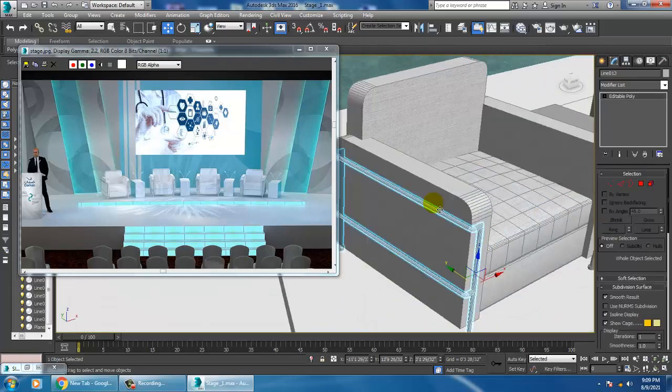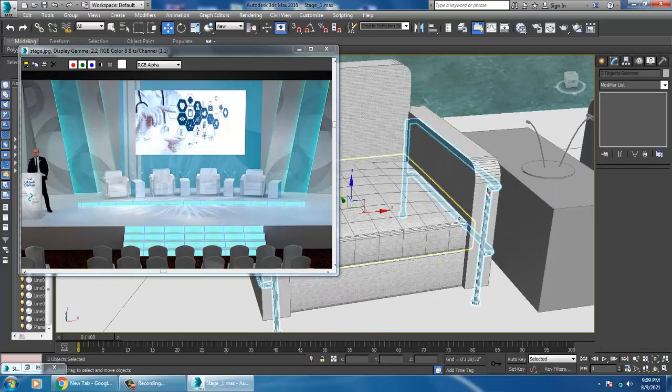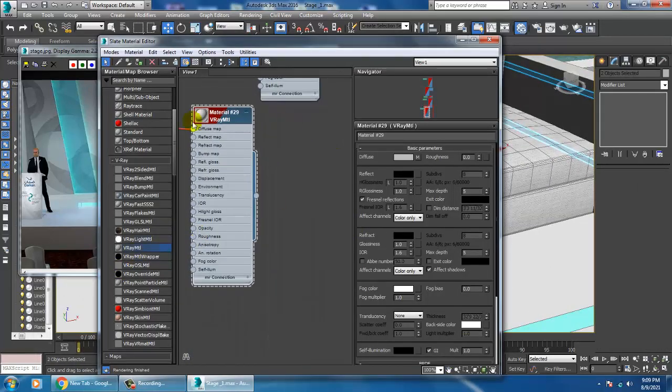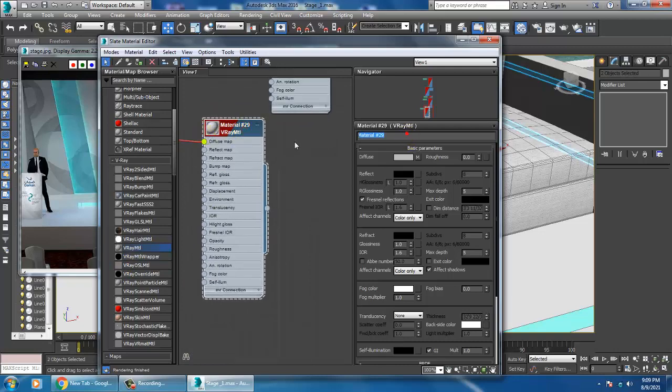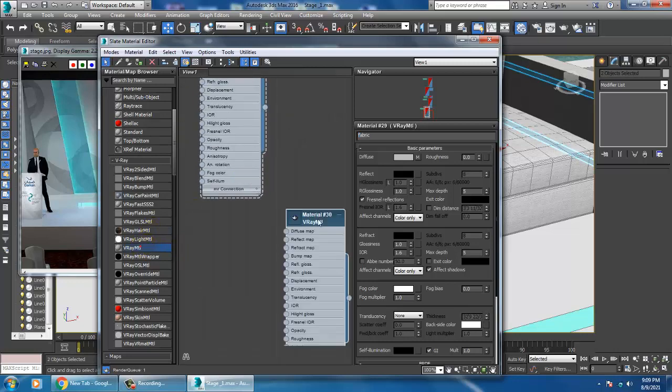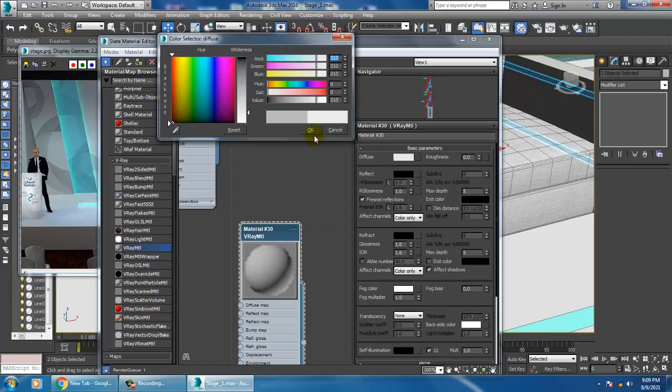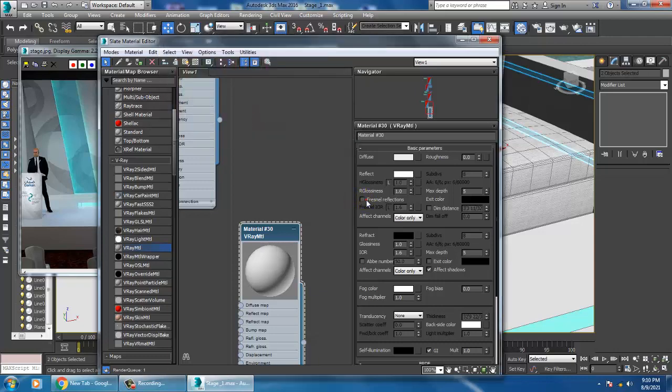Now I'll just select this part over here. Let's go into material. Let's rename this as fabric. Take one more V-Ray material. Let's give a color, reflect. Go into this, Fresnel reflections.